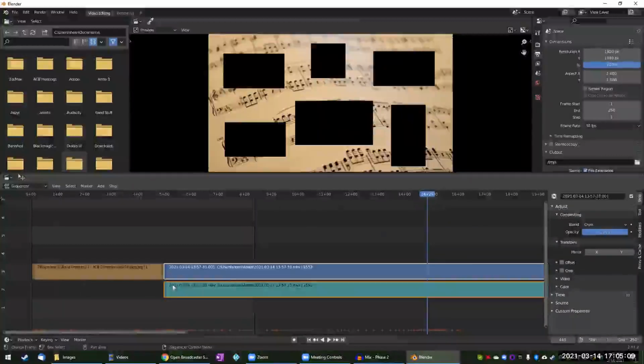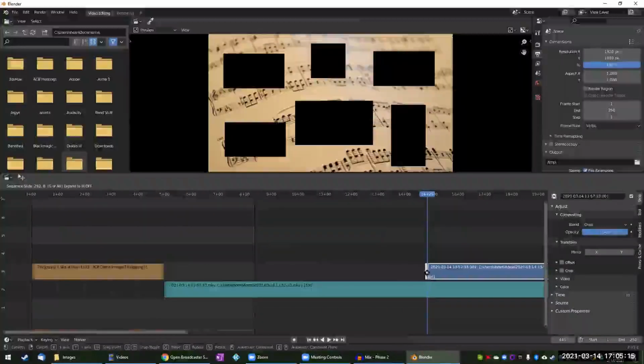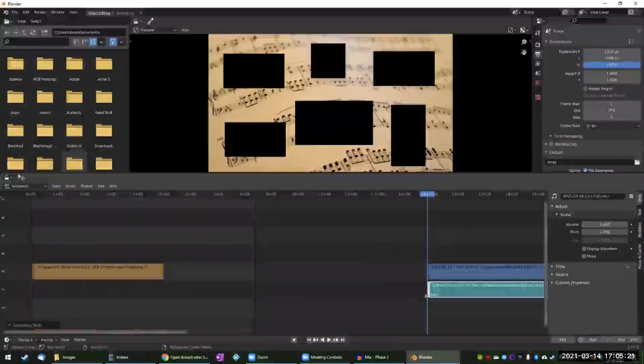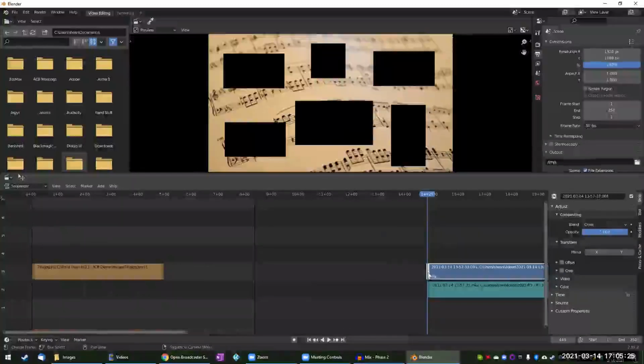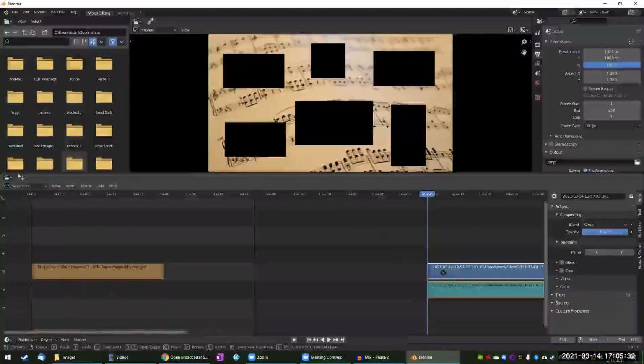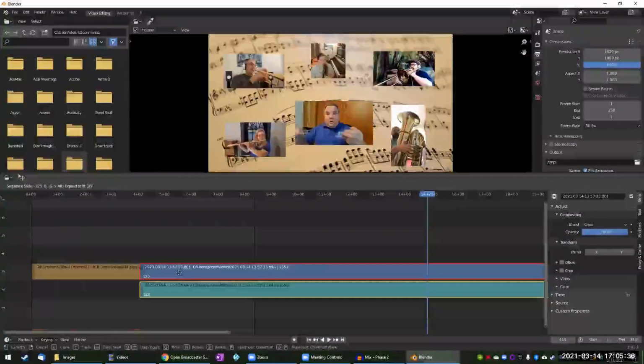Then again, use that tool at the edge to drag it up to that point. And I'll do that with the audio as well. So that's at 445, 444. Maybe we'll bring that one up to the same. There we go. And then I'm going to click on each one, again holding shift, and drag that whole thing back to go end to end with our little credit slide there.